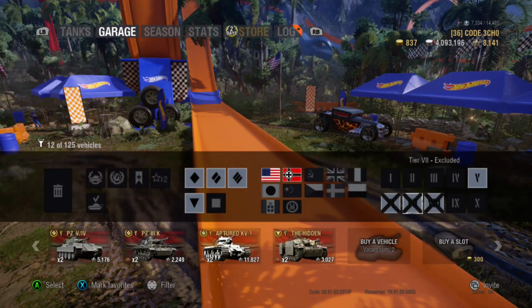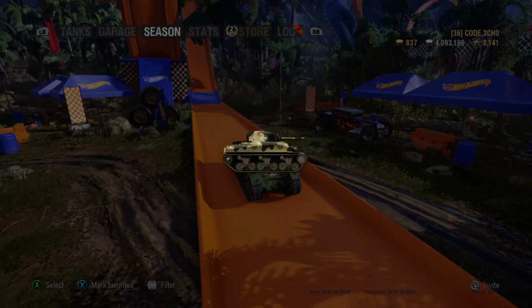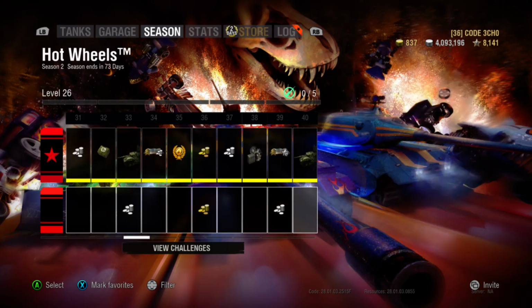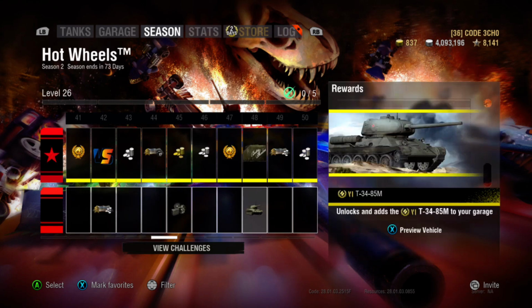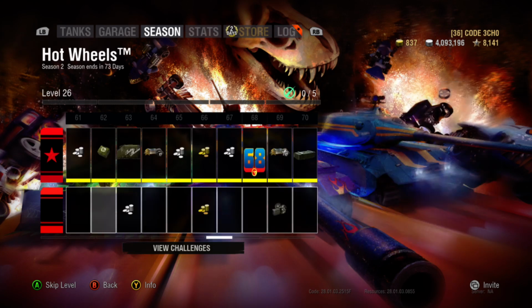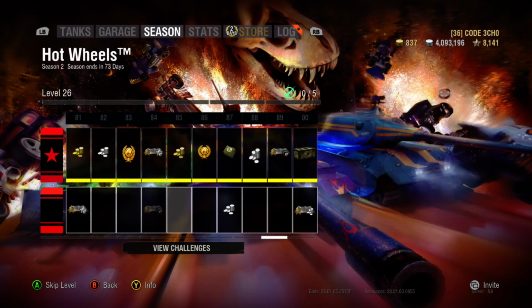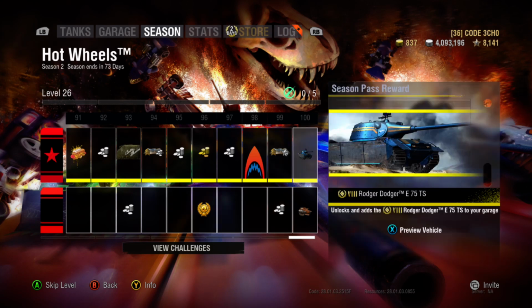But, okay, I do have one more thing to say on this. There are no Tier 10s that you can unlock through this season. It's all Tier 8s, except for this one here, which is a Tier 6. The highest you get is a Tier 8. So, if you're wondering why that's a problem, the last season's level 100 reward for the premium track, which would be right here, where the Roger Dodger is,